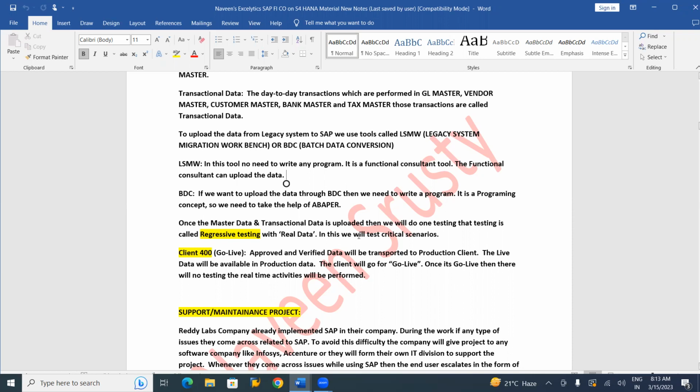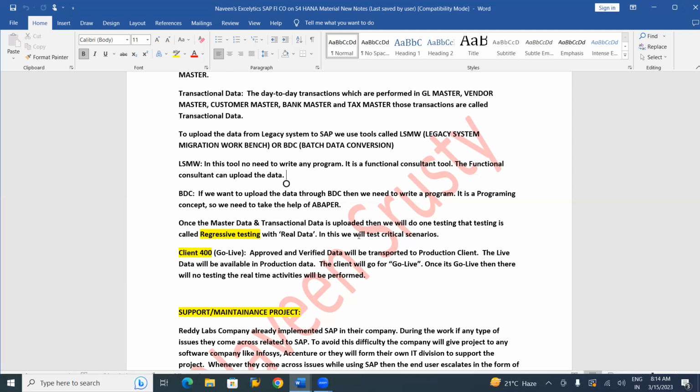Clear? Any questions here? So in this, we need to take only critical ones. The customer will say, for example, vendor outgoing payment is an important scenario for me, kindly test it. Then we will show how the payment program is functioning in this particular environment. Not sample. Again, don't use sample. Sample means anything that could be. But here we will take the critical scenarios.